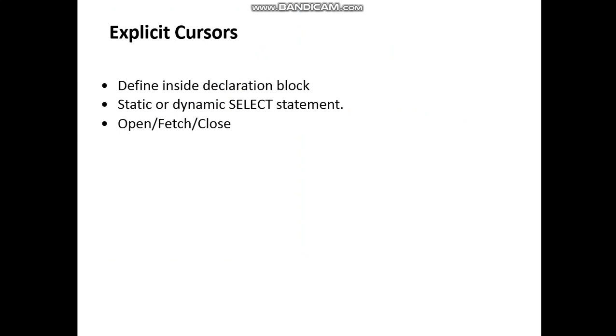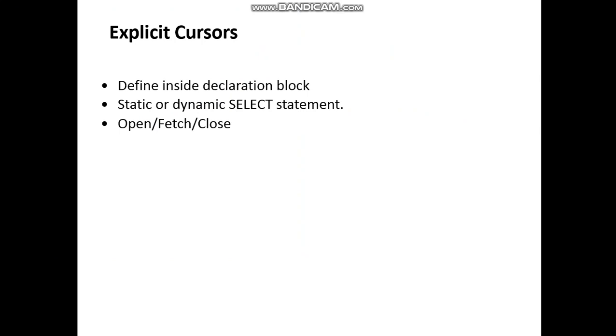The cursor is a private work area which is assigned to a certain variable declared here: select star from employee. If employee is a table which exists and contains certain records, say 10 records, then those 10 records will be the private work area for the cursor. In my previous tutorial we discussed implicit cursors. Now let us see what an explicit cursor is in this tutorial.